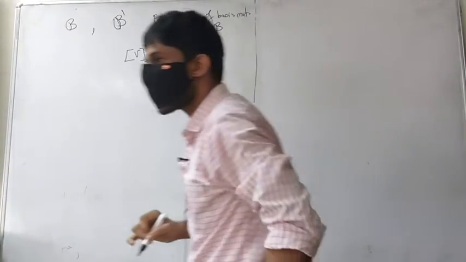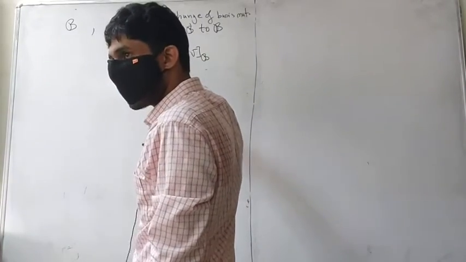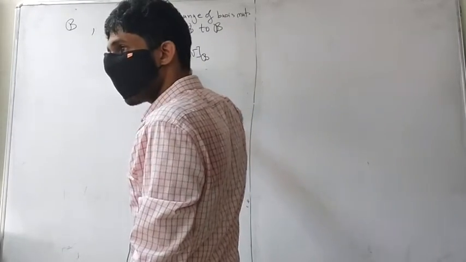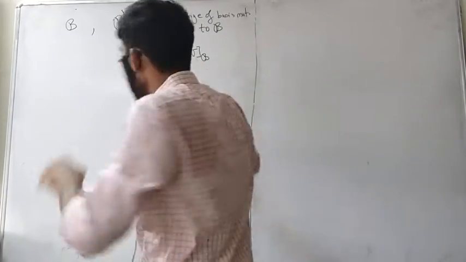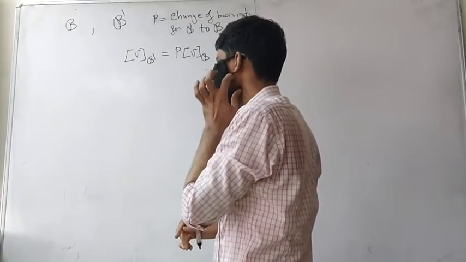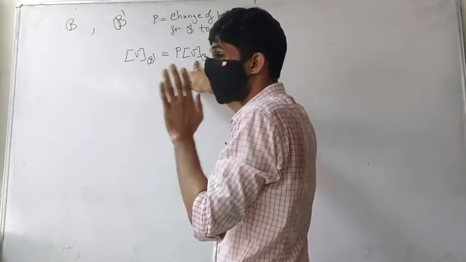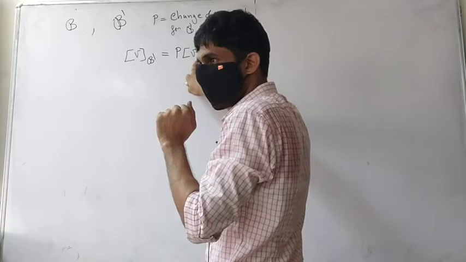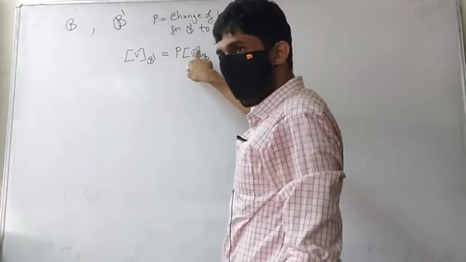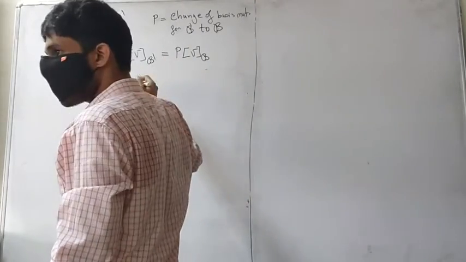Okay. So if I want a vector represented in terms of these basis elements, I simply take this P and multiply it to this vector. This is actually, I need to get a column. So this is going to be n cross n into, this is a column, right? I'm just checking. So this is going to be n cross 1, correct. So if I want this in terms of that, it's simply multiply by P inverse on both sides.